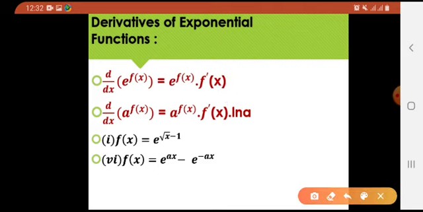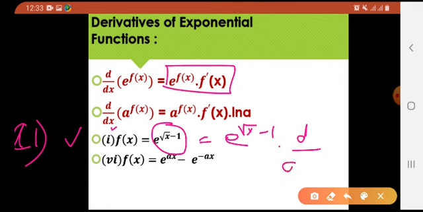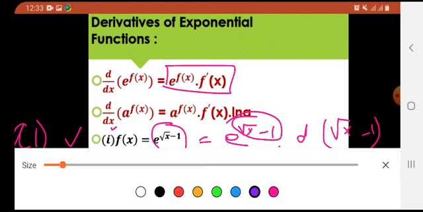One more example. Look at this. This is your question number 1, part 1. I have written it here for the explanation too. e raised to the power radical of x minus 1. This is the function whose derivative you have to find. Let us apply this formula. What is it? It would be e raised to the power radical x minus 1 as it is into the derivative of what? This exponent. Clear?